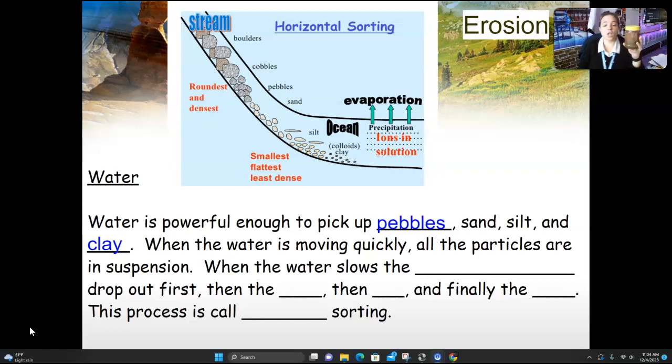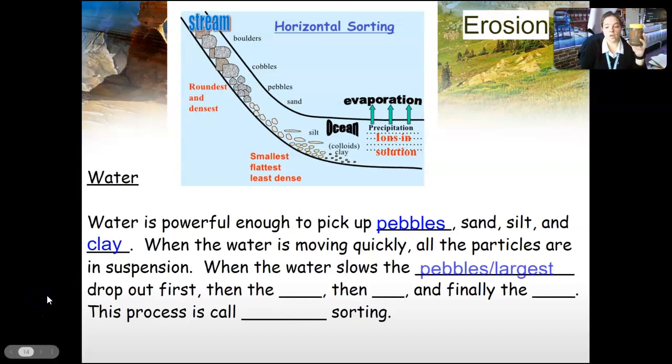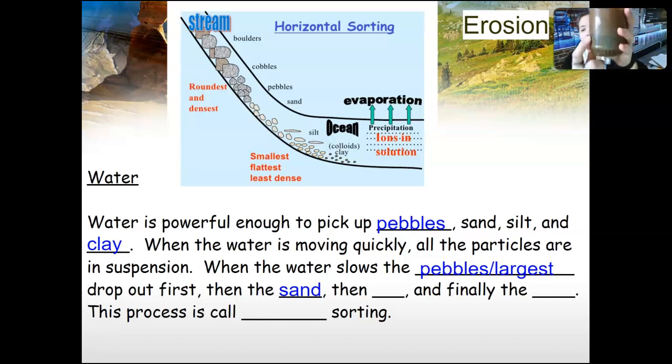So as it slows, the heaviest, the largest, the most dense pebbles drop out first. And then the sand. So all my pebbles dropped out in the sand. Like the pebbles dropped out like that. They're all on the bottom for the most part. And then the sand's right there. You can see my nice layer of sand. It's already on there. And then you have